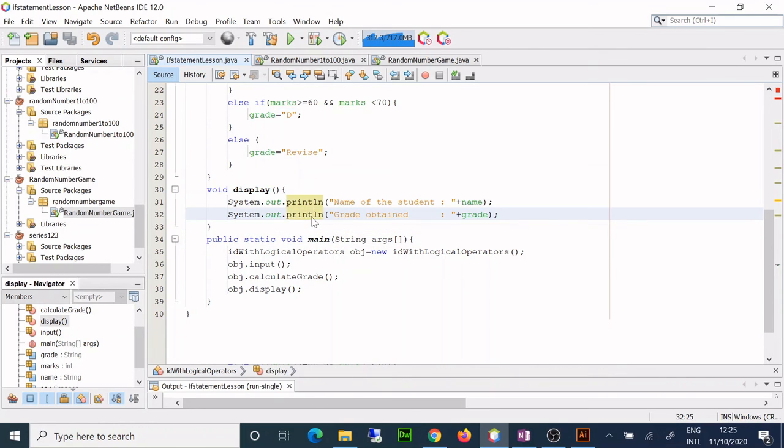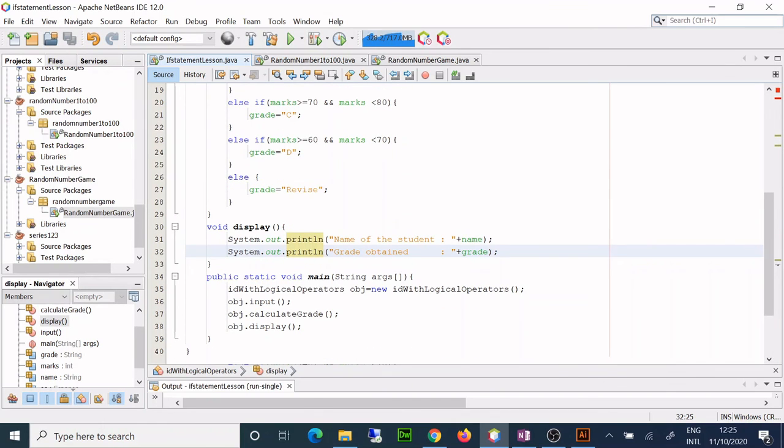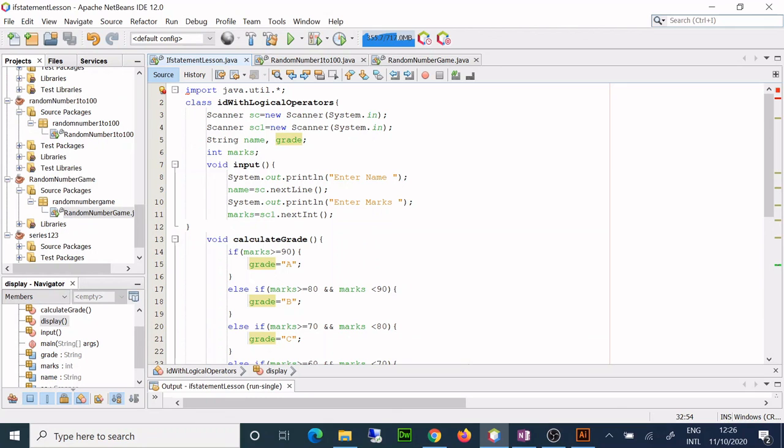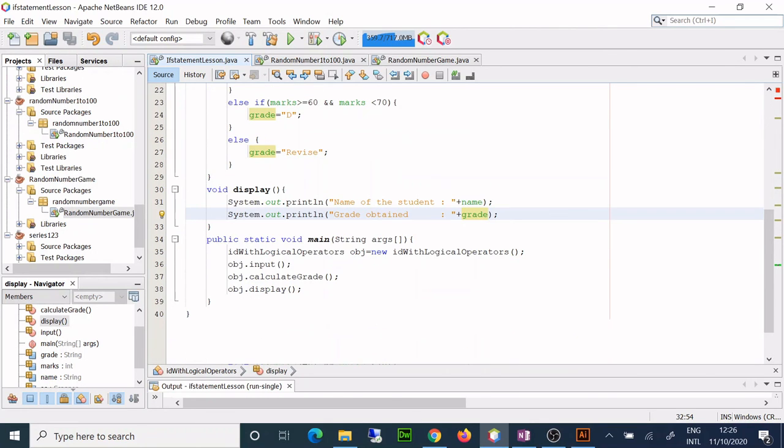So this is a very good example of modular programming. That's how you are supposed to do programming. This name is a little long, you can make it short, but make sure your variables are meaningful. It should not be that I write name, I write N here, I write G here. That is not a very good practice and it needs to be discouraged. So you should use proper variable names wherever you have to use variable names.